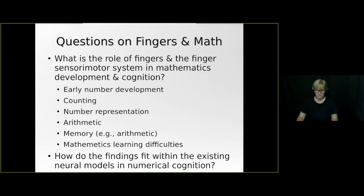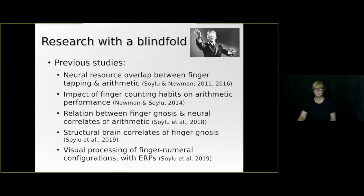Where do all of these findings on finger math go in numerical cognition? That's essentially the problem that I'm having. This reminds me of just walking in a room with a blindfold. You kind of get a sense of the things, but you don't really see where all this research and